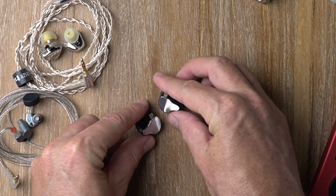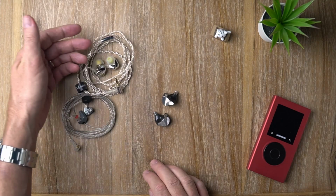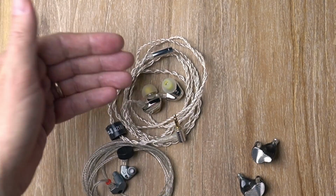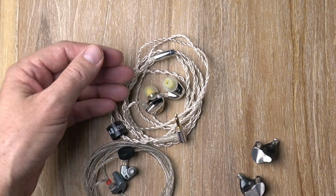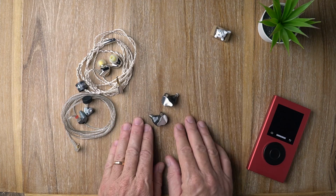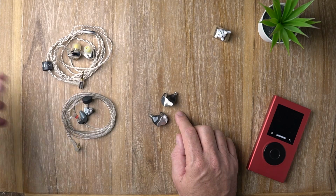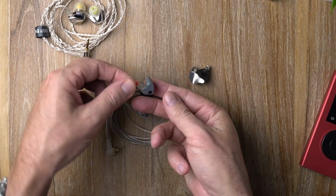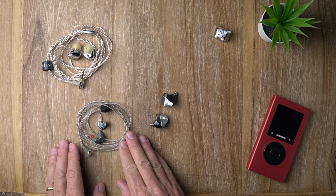The Wave has its clarity and its detail retrieval and that nice sub-bass extension. The HZ Sound Heart Mirror, I got that wrong again, sounds a little bit fuller, a little bit warmer and relaxed, but it's not quite as detailed, though it does have very nice resolution. And finally, there's the Moondrop SSR, supremely comfortable, tiny little shells, a little bit more relaxed overall,